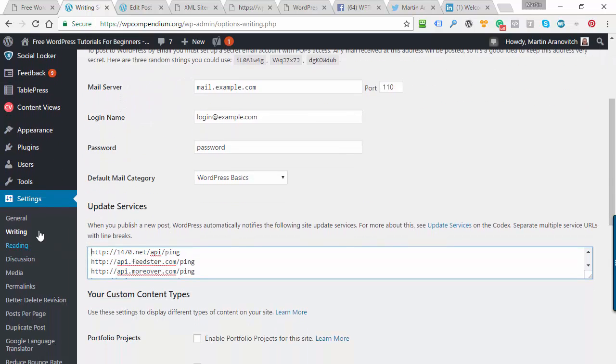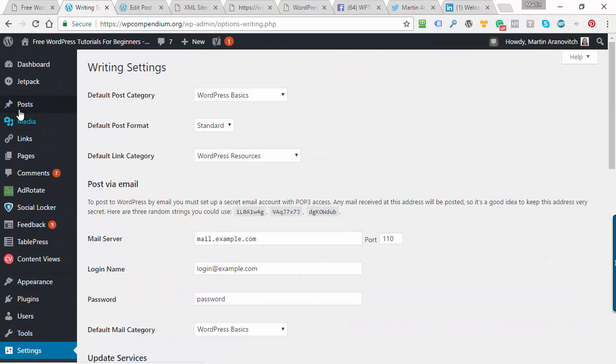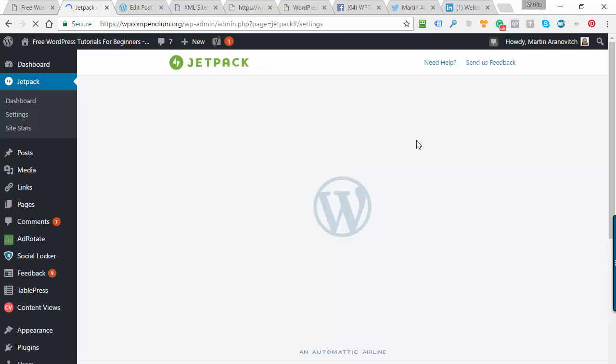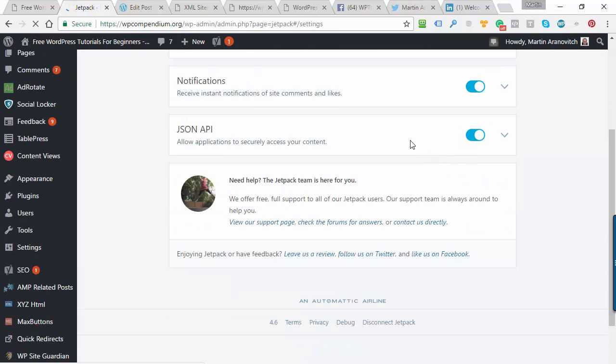So these are just some of the internal settings to configure. We actually take you through and show you how to configure everything. Now, if we look at some of the plugins that we use, two powerful free plugins that we use are Jetpack. So Jetpack is a free plugin, and what we're interested in here, it has a lot of useful features, but the one that we want for our configuration is,